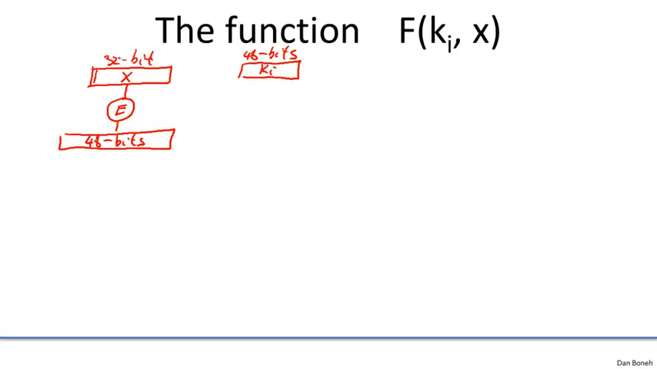So for example, bit number 1 of x is replicated into positions 2